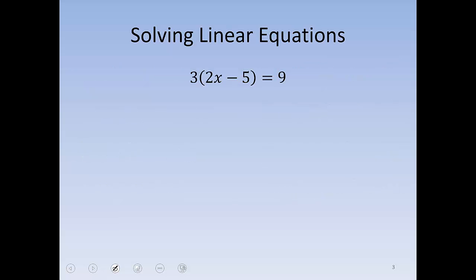All right, take a moment to write this down. We have the equation 3 times this quantity of 2x minus 5 equals 9. And we're going to use inverse operations. Your instinct on this might be to distribute. And I'm going to ask for just a moment for 2 or 3 examples that you try it my way, because this is a method that will work no matter what operations I give you. If we can identify one operation's inverse,